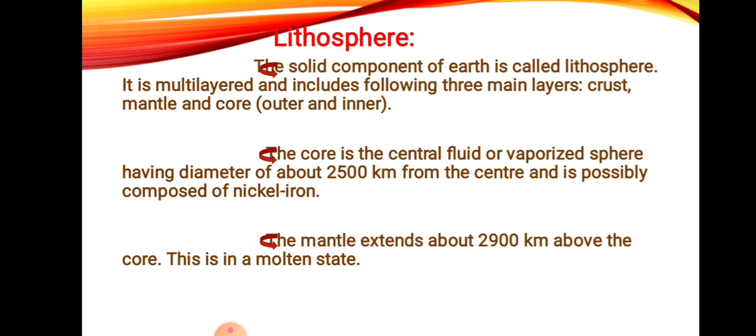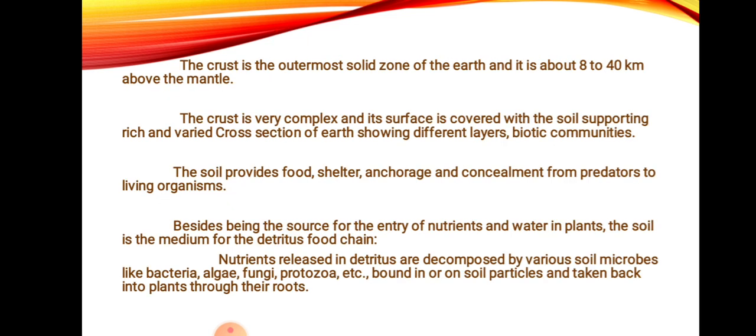This is a highly resistant environment. Then the mantle extends about 2900 km above the core. This is in a molten state. Then the crust is the outermost solid zone of the earth, about 8 to 40 km above the mantle. The crust appears very complex, and the surface is covered with soil, supporting a rich and varied cross section of the earth, showing different layers